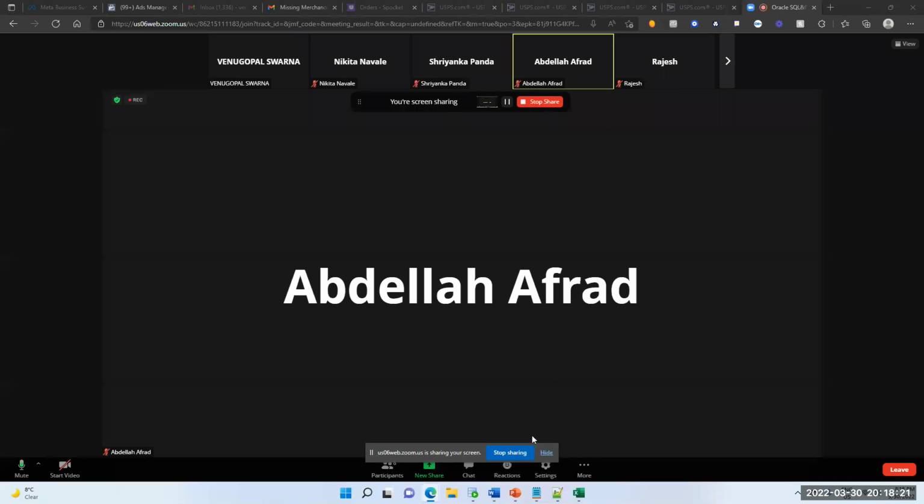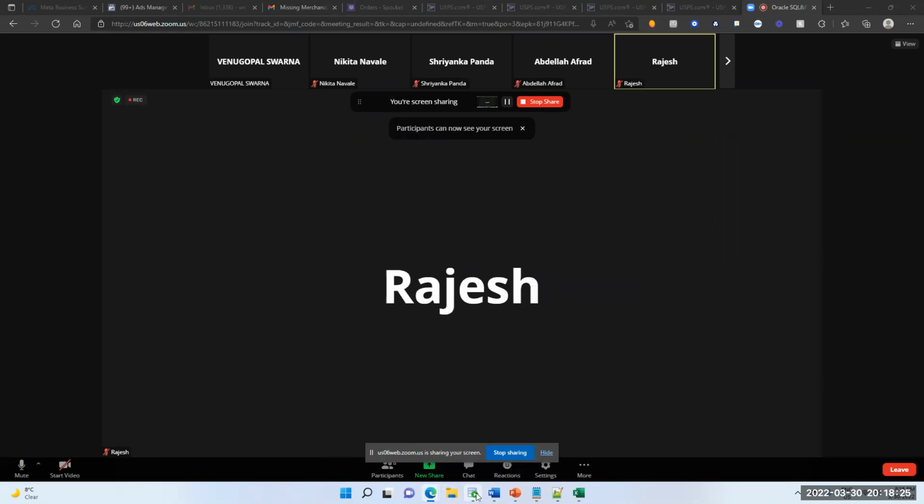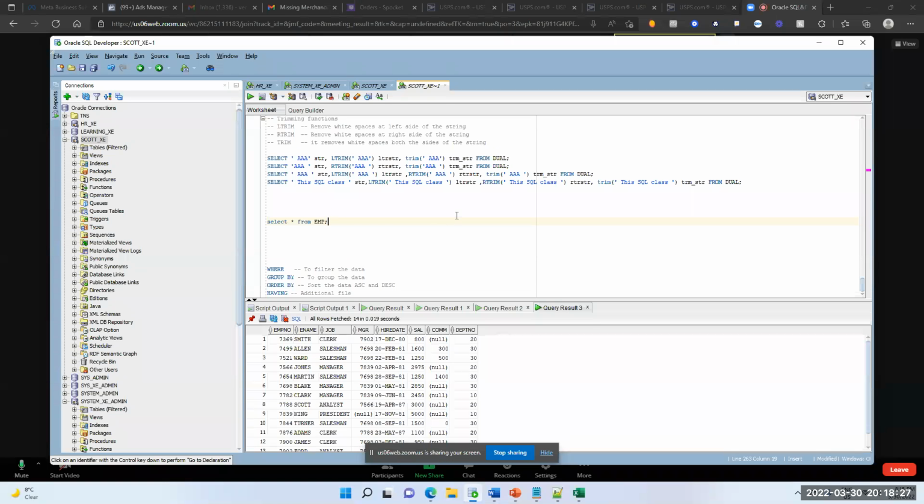Let me know if you're able to see. Yes. So see here, we have EMP number. We don't have any ROWID column or ROWNUM column here. These are completely hidden columns.